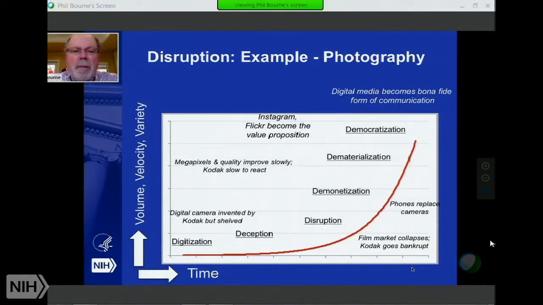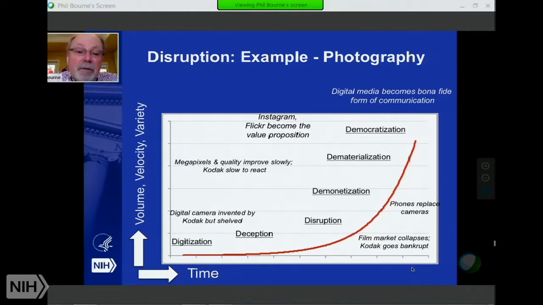The example I'll use is photography. Immediately you'll say, well, what on earth has that got to do with my biomedical research? But just bear with me for a second and we'll get there. All of this starts off, on the bottom left-hand corner, with digitization. So as content becomes digitized, even at an exponential rate, things begin to happen. In the case of digital photography, of course, it was the advent of the digital camera,